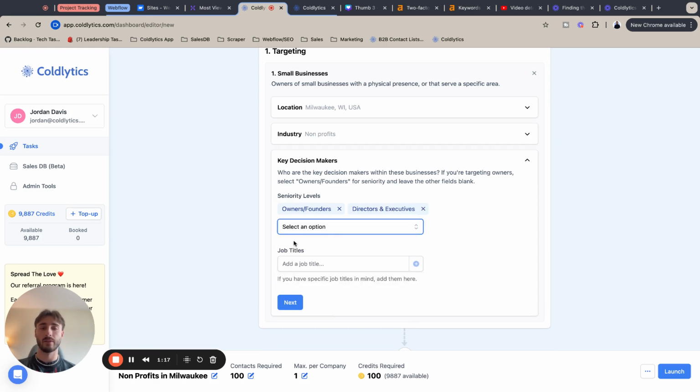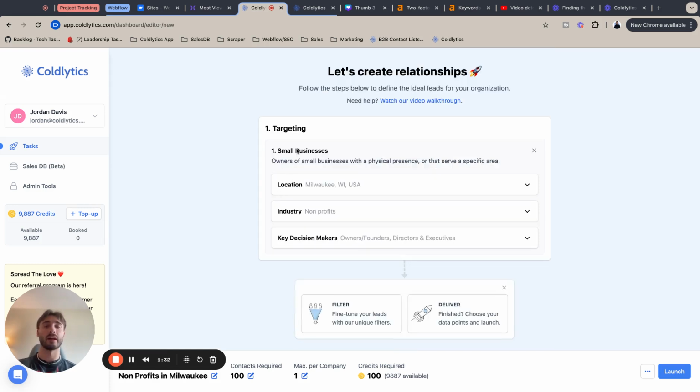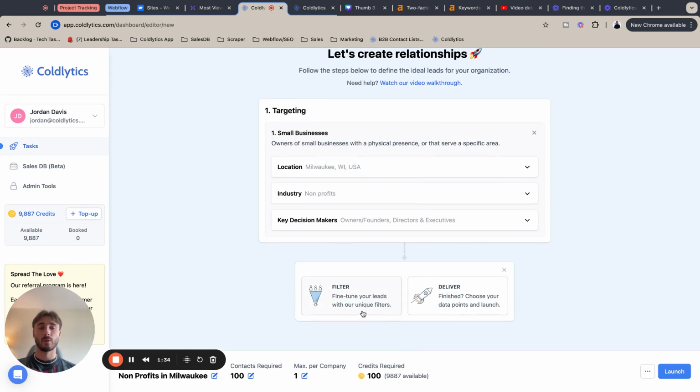directors and executives. We add these two key decision maker metrics because there's a case where an owner could have a C-suite title, so it'll just cover for this case. So I'm gonna hit next to lock that in, and that concludes our targeting. So today, as